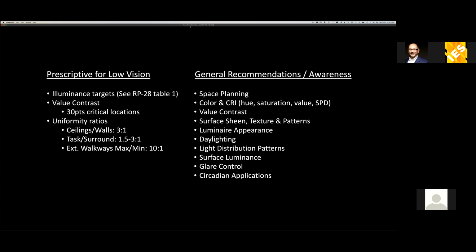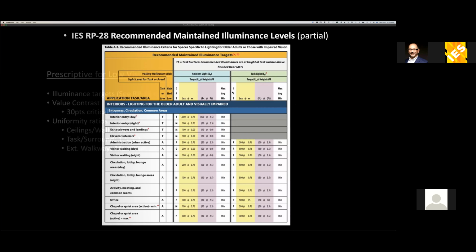But there is a vast amount of latitude that has to be taken into consideration with things like space planning, color rendering, daylighting, even luminaire appearance and distribution patterns, all of these things which tend to be a little bit more nebulous. In the document, we try to create a greater awareness around this and make the connections to the things that are more prescriptive to give the practitioner some guidance in applying the information. So we do try to address both things, but you'll find things such as the typical luminance table in this document,